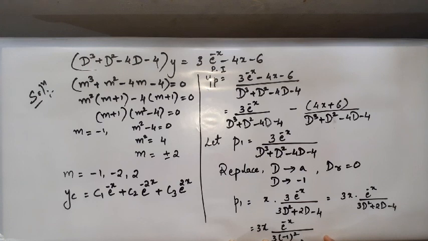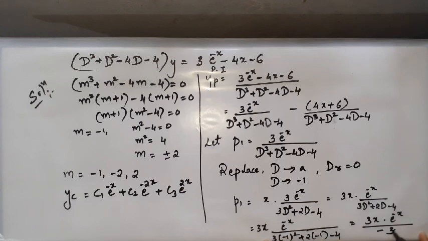So it will be minus 1 square plus 2 into minus 1 minus 4. Further, when you simplify this, it will be 3x into e to power minus x divided by 3 minus... 1 square is plus 1, 3 minus 2 plus 1 minus 4, minus 3 you get, right? Just see, minus 1 square is plus 1, so it becomes only 3 here, but there is a plus sign and minus sign over here, so it will be minus 2. 3 minus 2 is plus 1, plus 1 minus 4 is minus 3.